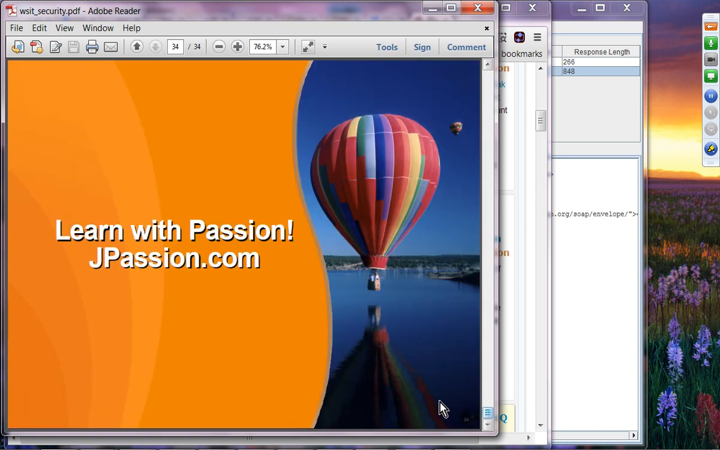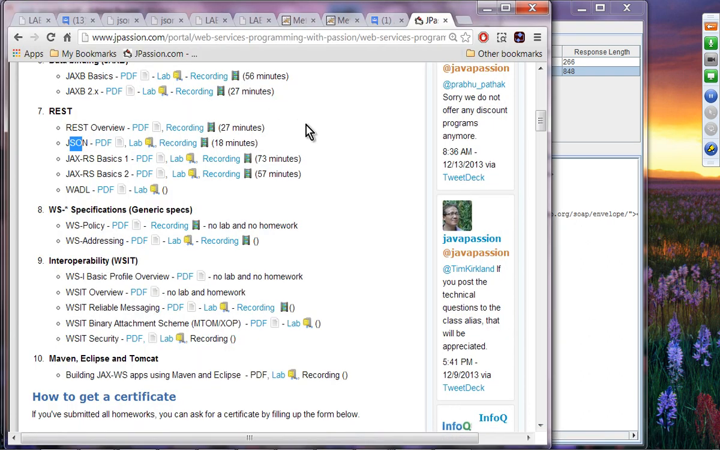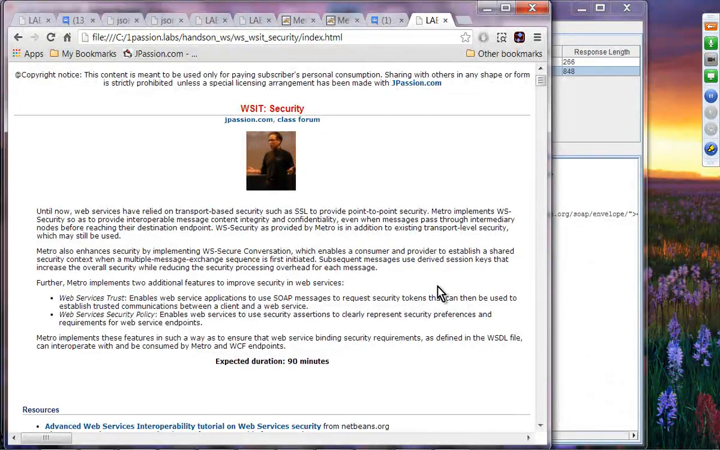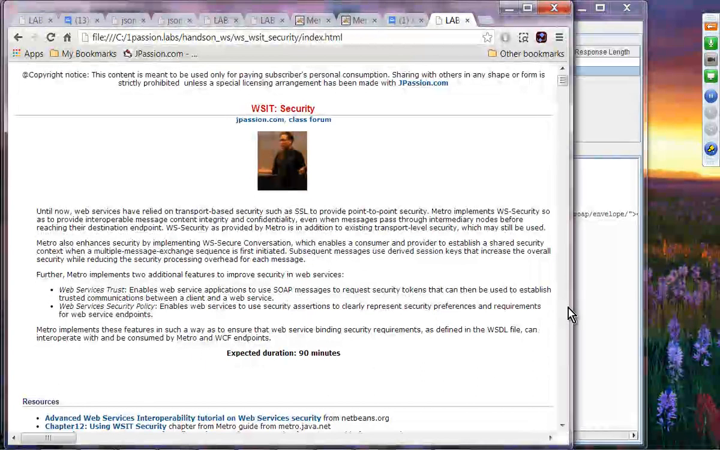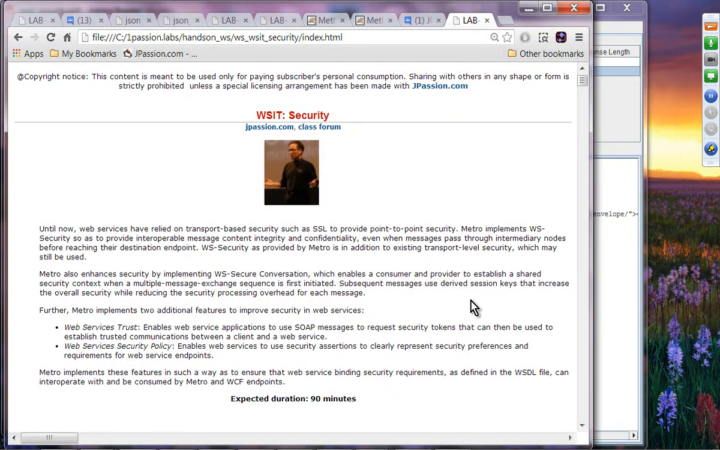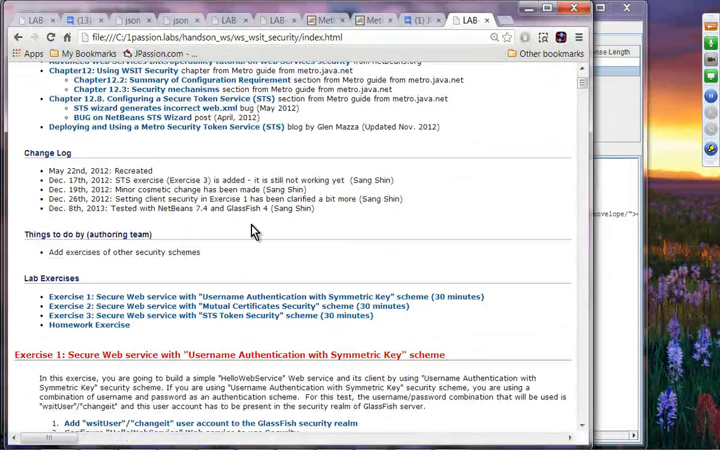All right, I felt like I've rushed a little bit here. Let's take a look at the hands-on lab documentation. The reason I rushed is because I don't want to get into too much detail without giving you some examples. Here we are going to talk in a bit more detail using at least two schemes, username and password, as well as mutual certificate. I'm going to explain one more time the concept of key store and trust store and things like that. The first exercise is using username authentication with symmetric key scheme,